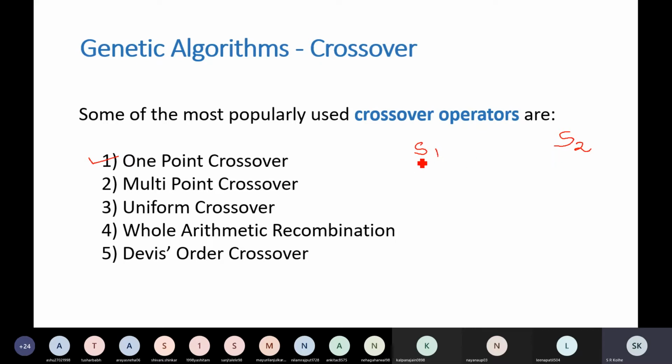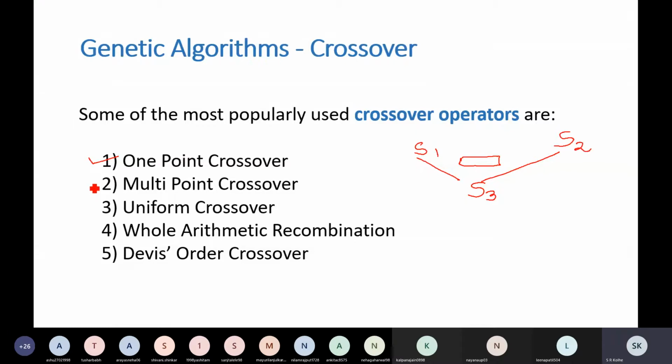Some of the features of S1 we are going to carry over, and some of the features of S2, into the new solution, suppose I call it S3. So in one point crossover we select a point, and up to that point we keep features of S1, and from that point onwards we transfer the features of S2 into S3. So therefore we call it single point crossover.